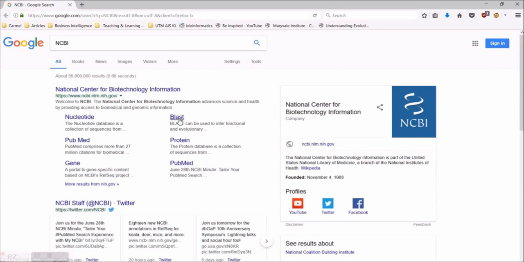You could click BLAST. There is this link to the nucleotide, to PubMed,